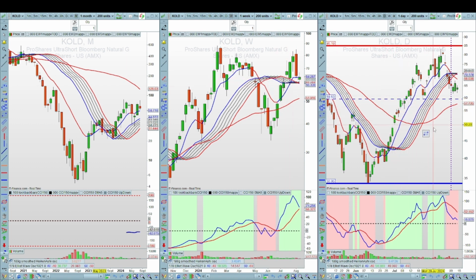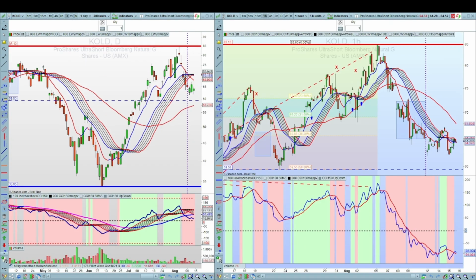And on the daily, it's already broken down below the moving average range, on both the price and the CCI, giving us a bearish signal. So if you're trading this on the short side only, based on the daily, if you're trading on the intraday, going to the hourly chart, again taking short trades only. That would have been a nice little trade to take going short in that period and close it out when the moving average range crosses over.